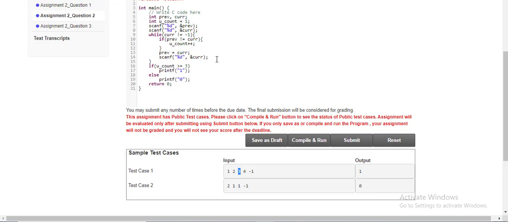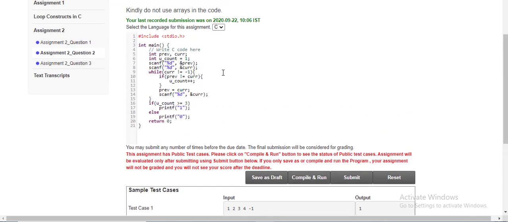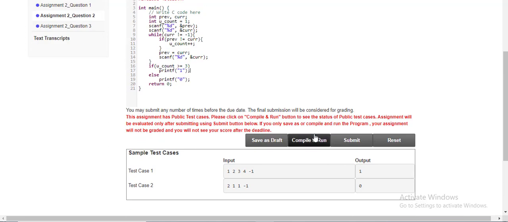This goes on according to the test input, and after terminating the while loop, we need to check that there are at least 3 distinct numbers. If the count is 3, then we print 1, otherwise 0.